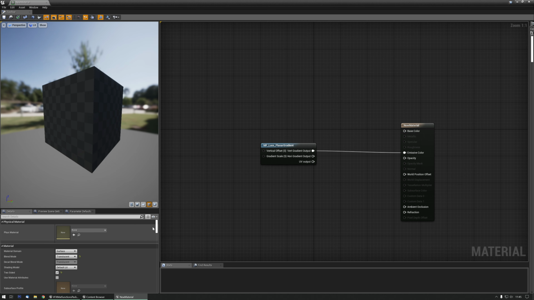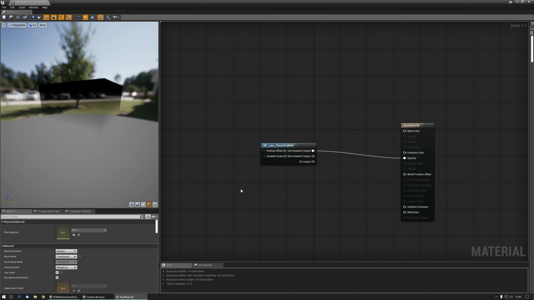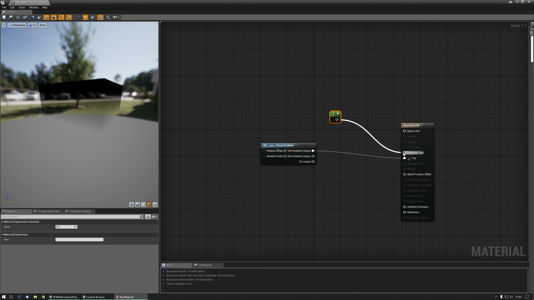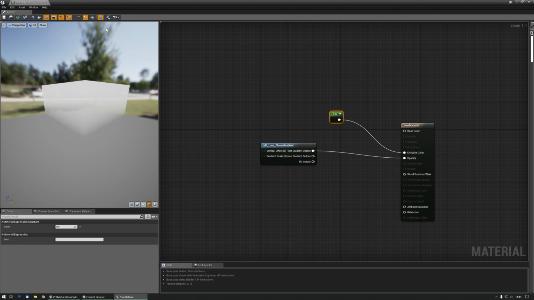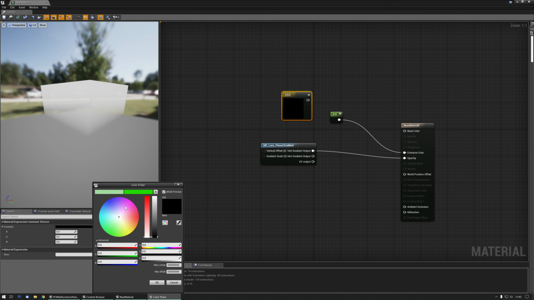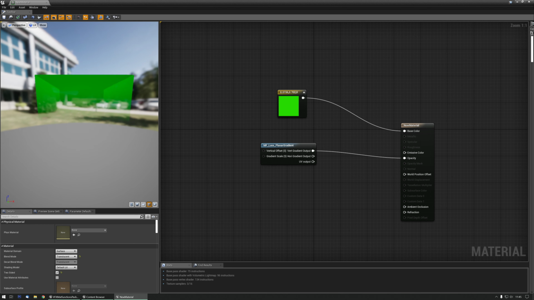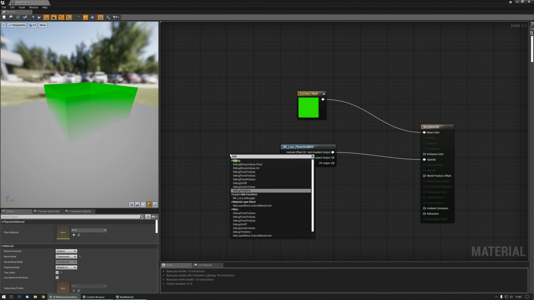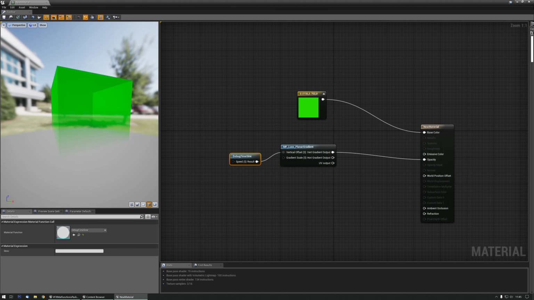Let me grab a translucent material for now and plug that into opacity. And let me give it a general color, like 0.6 or so. There, let me disable the background so it views better. It might not work without the background. I'm just gonna grab a color real quick. Plug it in here. There. Now if I get a debug time sign and plug it into the vertical offset, you see it fade in